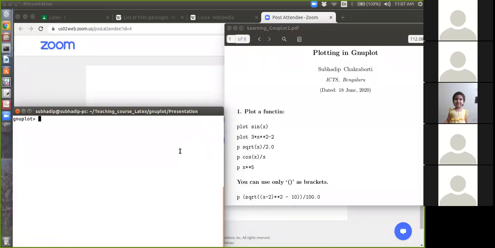Let's start with the simplest one. The command to plot anything is simple: plot. If you want to plot y is equal to x, you don't need to bother about y. You just type the right hand side of the equation you want to plot. So just plot x and press enter.